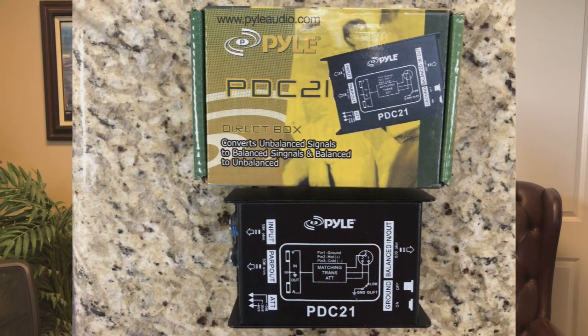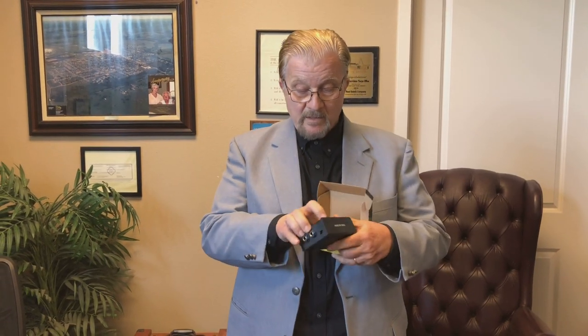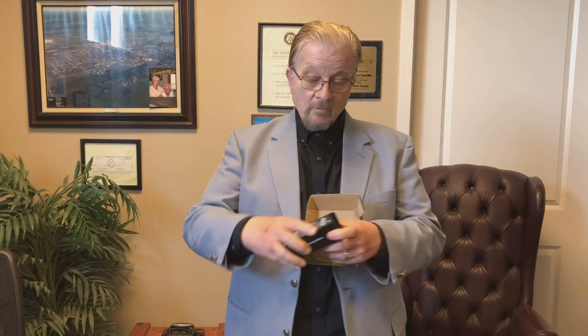And then I have a Pyle Direct Box, which will convert any signal from balanced to unbalanced, and allow you to take a bass amplifier and run a low impedance microphone directly into the board. And this is brand new in the box, and I'm only going to sell this for $15 and $5 shipping. So those are the items that the Vox Room has